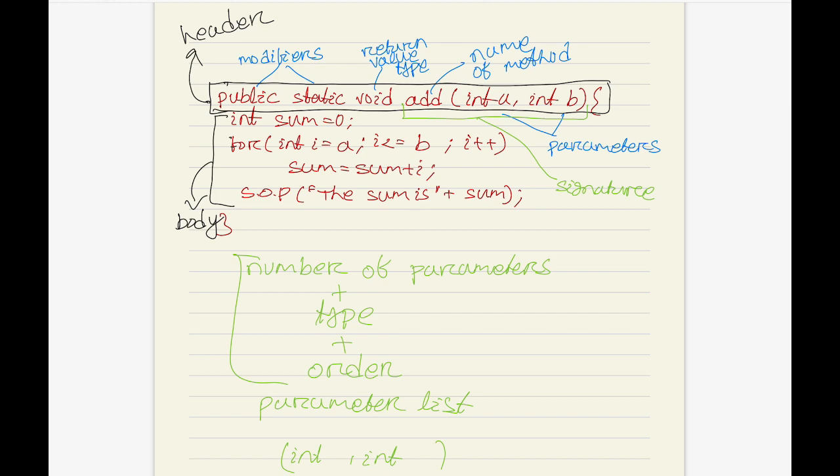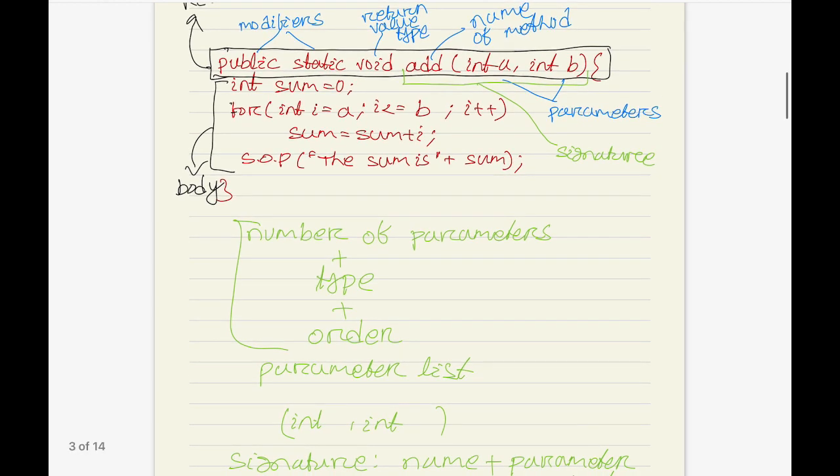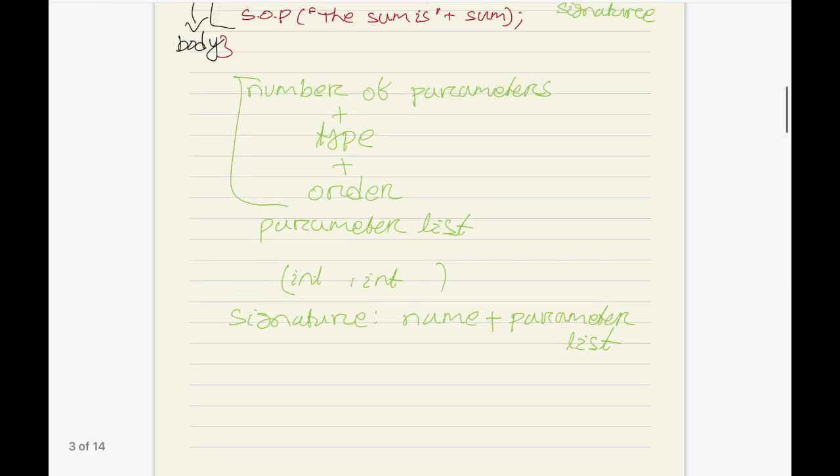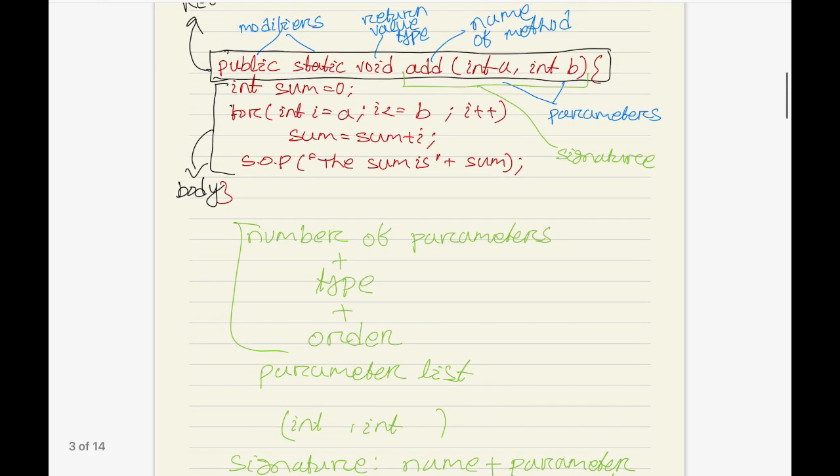Now suppose this method is going to return a value, suppose an integer value, then how to write this one, or how to update this?